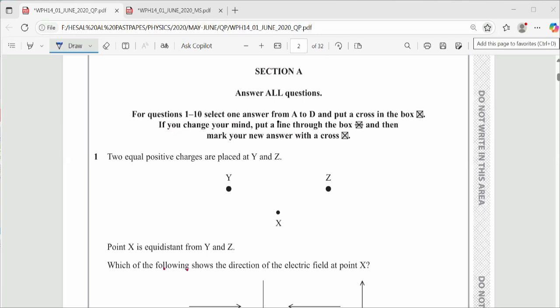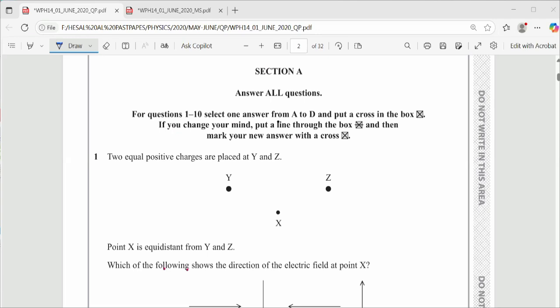I'm Madhuri Archie. Today we are going to dive into the Pearson Edexcel A-level Physics 2020 May paper. We'll go through the first 10 questions in Section A, break them down clearly, and help you understand the key points. Let's get started.